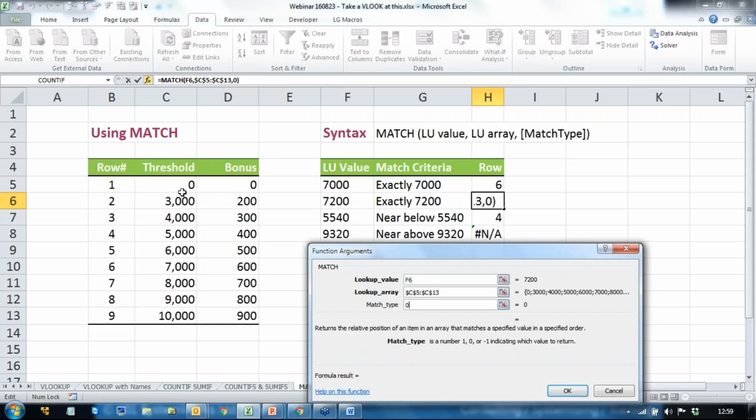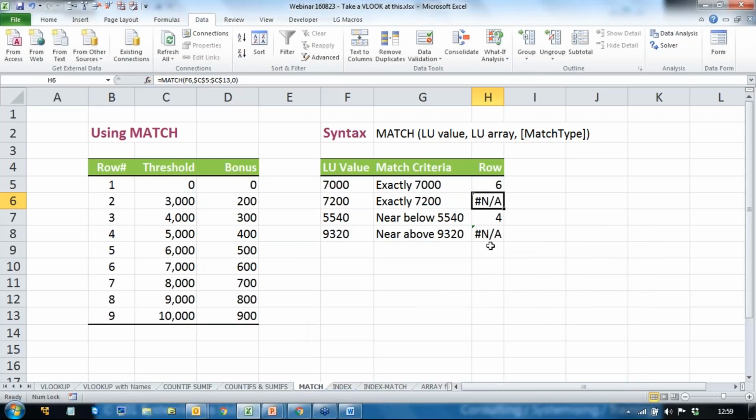And there is no 7,200 in that list, so that's why it's giving me an error message answer. This figure, 5,540, I'm using it's actually coming up with number 4. It's actually doing a 1, so it's actually going to the ceiling. Okay, so